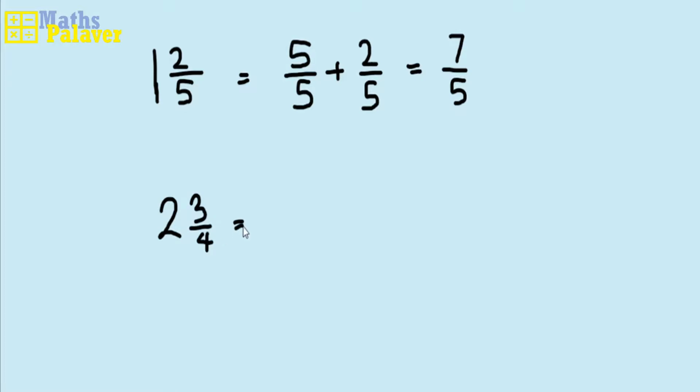Here's another example. 2¾. How do we change that into an improper or top-heavy fraction? I need to make 2, the whole number, as a fraction with that denominator. 2 is the same as 8/4 because 2 times 4 is 8. Add that on to 3/4. And my top-heavy fraction is